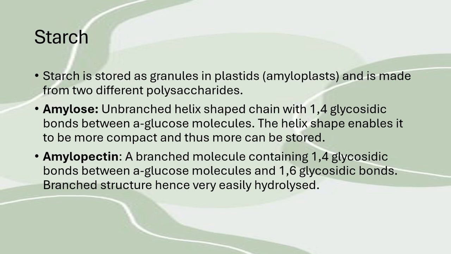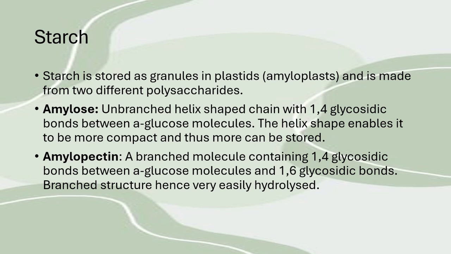So now focusing on starch alone. Now we're going into the differences between starch and glycogen. Starch is stored as granules in plastids and is made from two different polysaccharides. Amylose is an unbranched, helix-shaped chain with 1,4 glycosidic bonds between alpha glucose molecules. The helix shape enables it to be more compact and thus more can be stored,